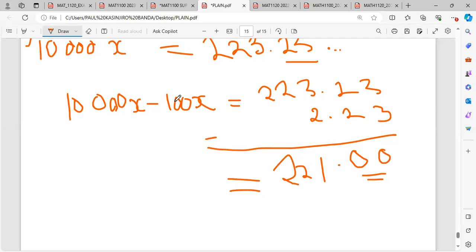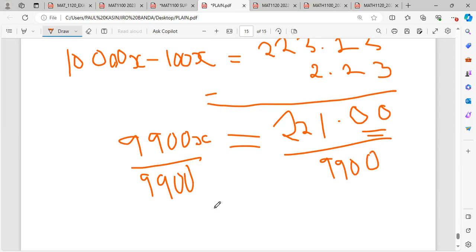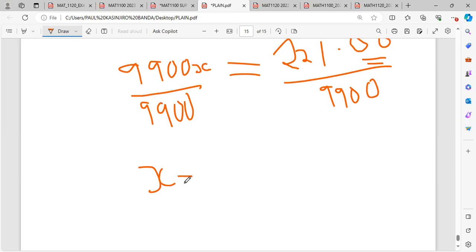10,000 minus 100 is 9,900. Someone is saying 9,900. Okay, very good. So this is our x. Then after that, you divide both sides by the same 9,900, like that. Meaning our x would just be equal to